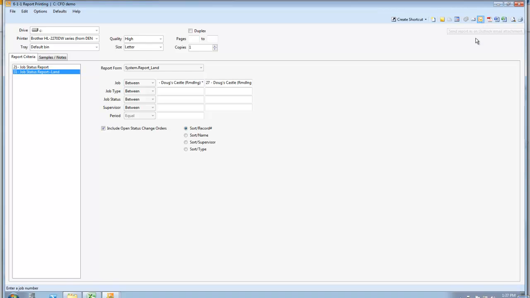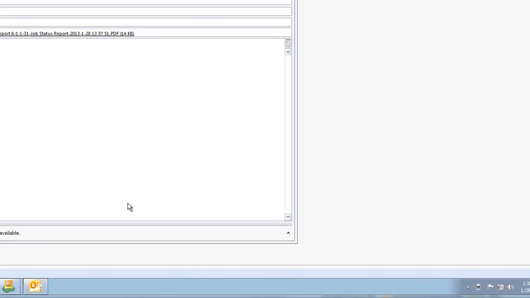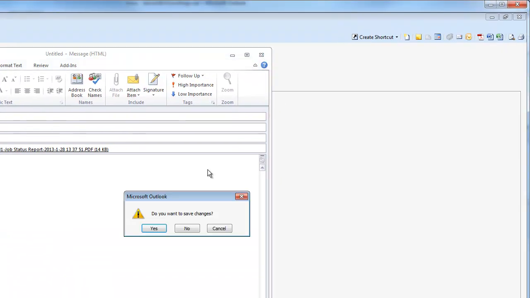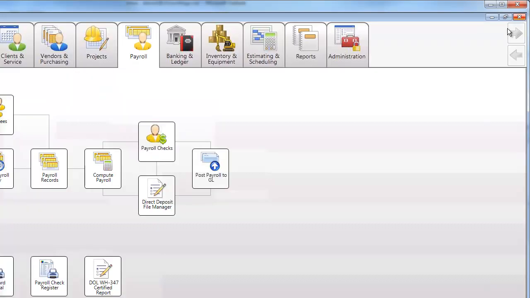It's going to take a second. Oh, you know what? I'm not sure it's going to work. We'll see. I didn't have Outlook open, so we'll just go, Lisa. Oh, I don't have you on this computer. I'm on a different drive. I would just key your name in there, and it would send you that report. Sitting up in the cloud right now, I don't have all my Outlook addresses up there. Or I can just email it, but I usually use the Outlook because then I get a record of it, and I can send it to groups. So that kind of covers a lot of the project and the job costing and things that you wanted to see. So on our service,